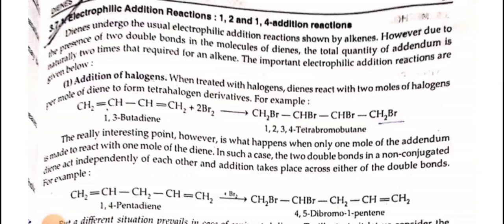The really interesting point, however, is what happens when only one molecule of the addendum is made to react with 1 mole of diene. In such a case, the two double bonds of the conjugated diene act independently of each other and addition takes place across either of the double bonds. For example, CH2=CH-CH2-CH=CH2, that is 1,4-pentadiene, when reacted with Br2, becomes CH2Br-CHBr-CH2-CH=CH2,